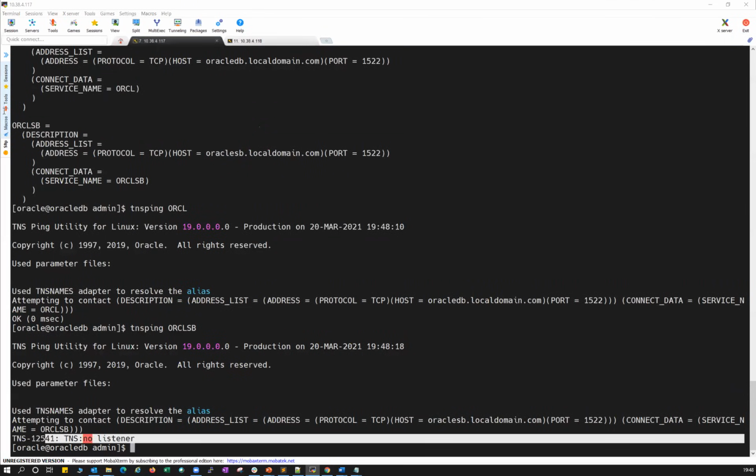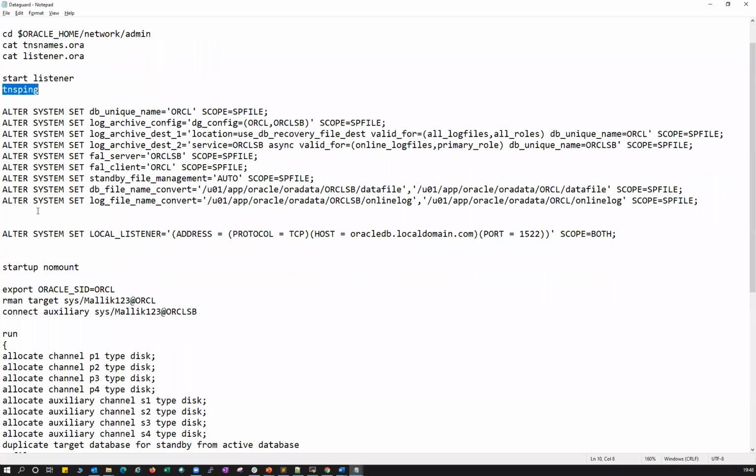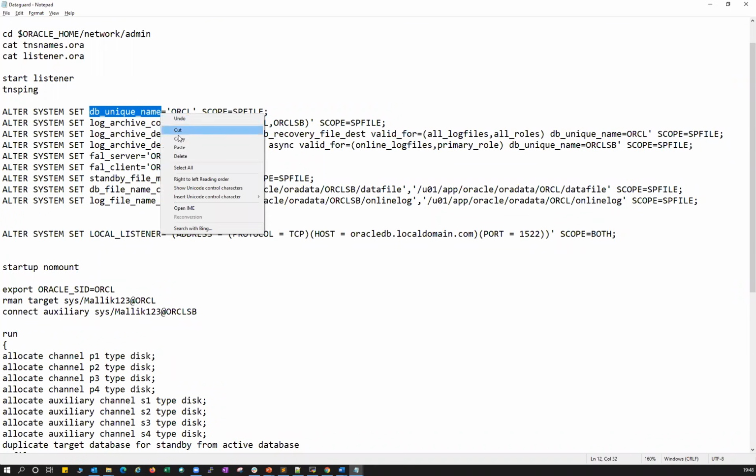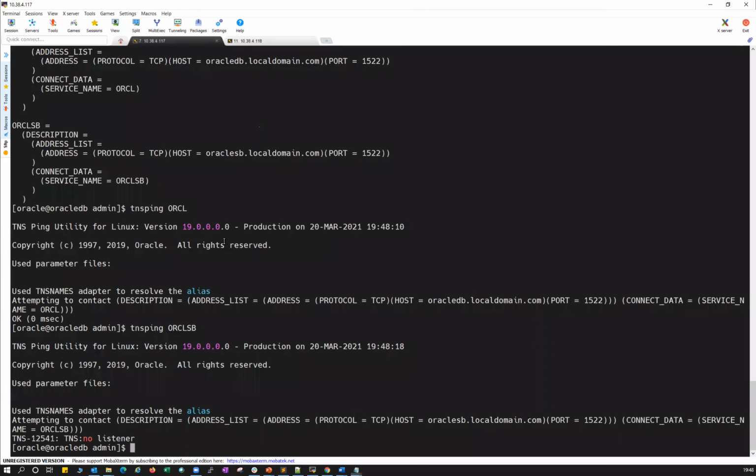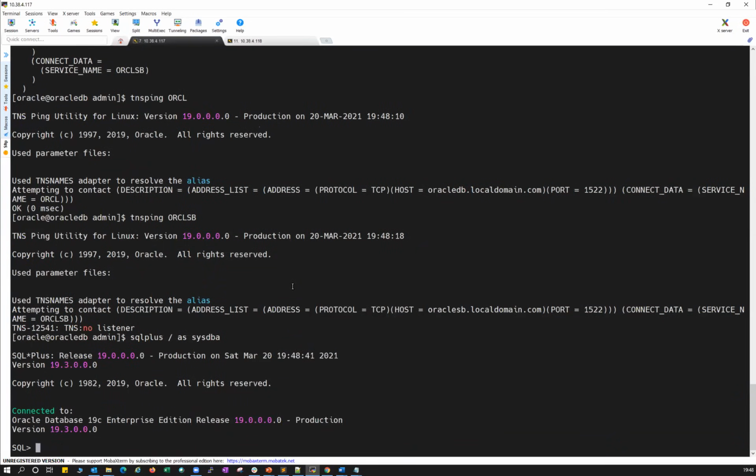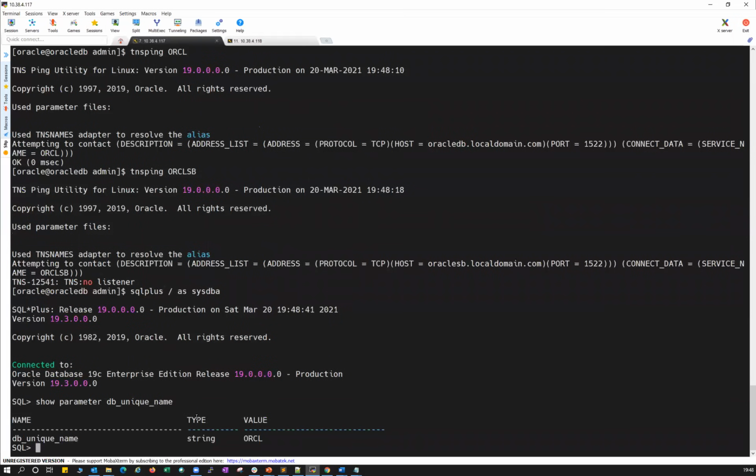Next, these are certain parameters you need to set at your production site. One is DB_UNIQUE_NAME. You can set whatever unique name if that is not already set. Most of the time your DB unique name is going to be your database name, or both are the same in case of production. So if I do show parameter DB_UNIQUE_NAME, you can stop me if you have any questions while I'm going through. The DB_UNIQUE_NAME is ORCL, and show parameter name.